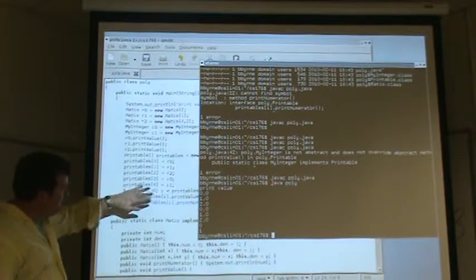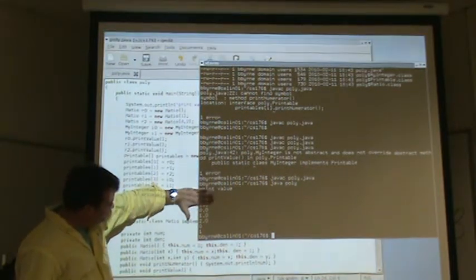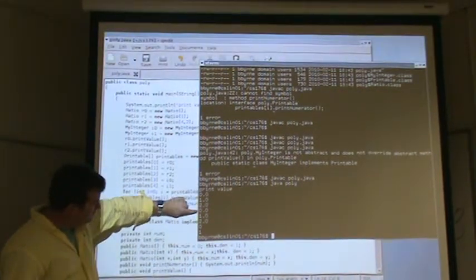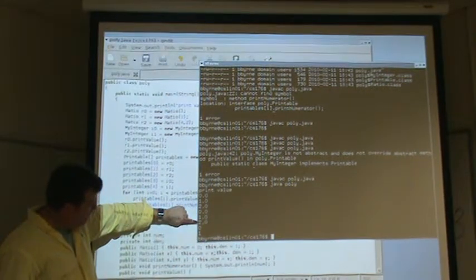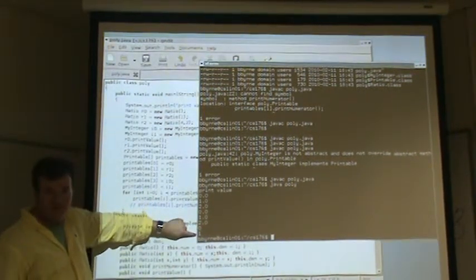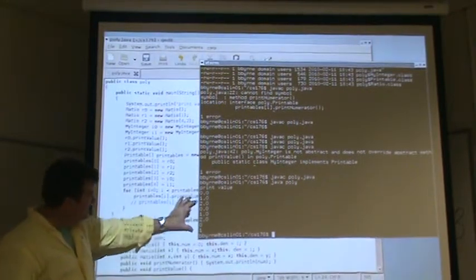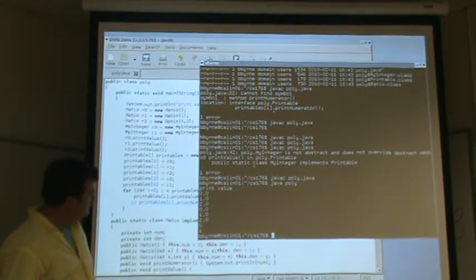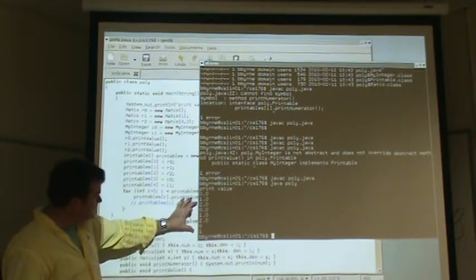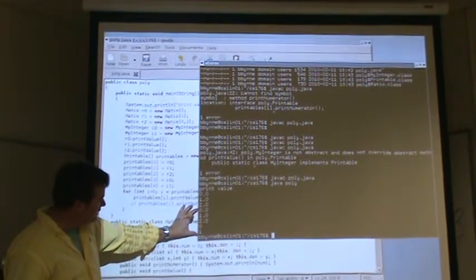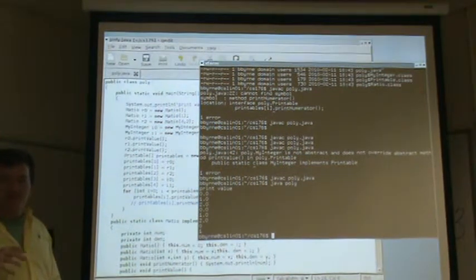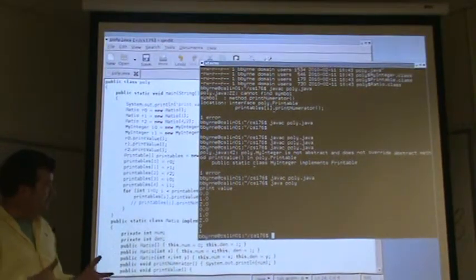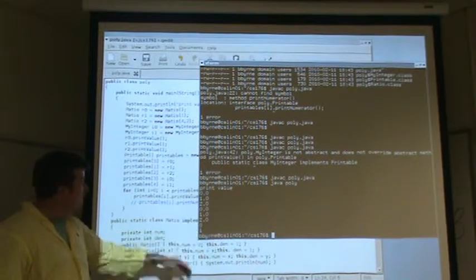Then we went through the array and started over again. We printed the first ratio, the second ratio, the third ratio, then the first integer, and then the second integer. So these last 5 were printing out objects of type printable. Now it turns out the first 3,